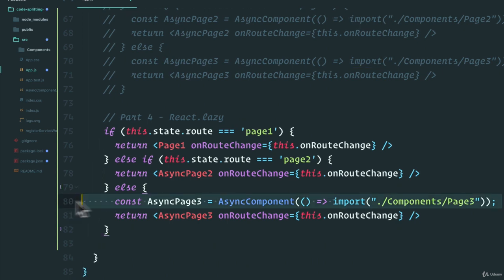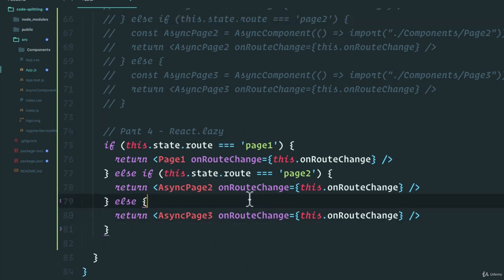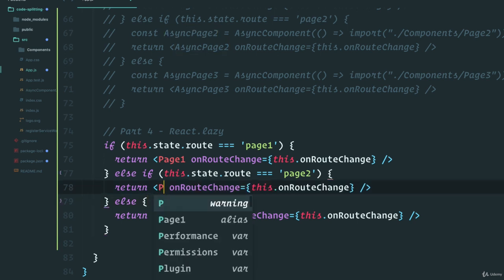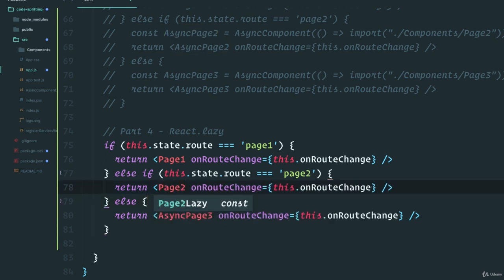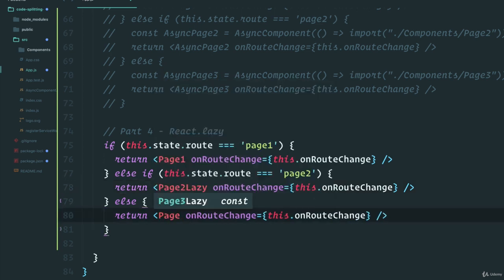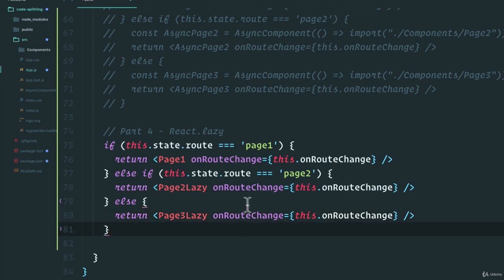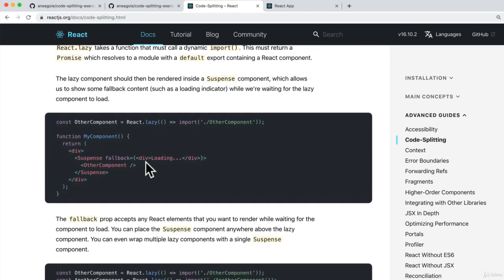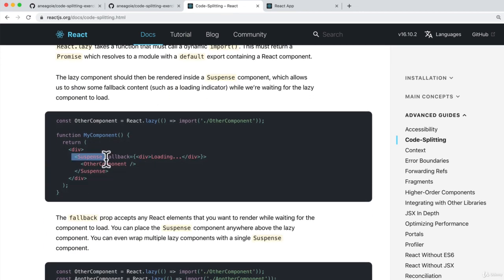We also don't need this line either. There we go. And now instead of async page2, we use the page2 lazy component. And then same here, page3 lazy component, just like that. Now, the last thing we need to add is, if we look at the documentation, what React Lazy does is